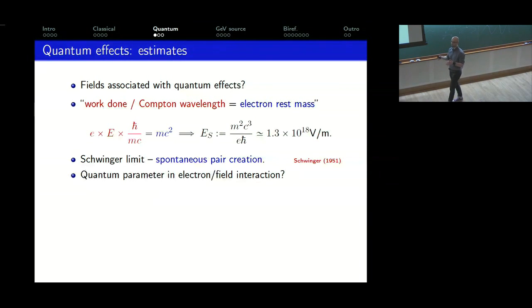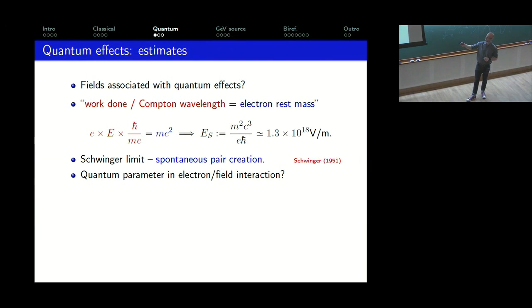And at such a field strength, the laser becomes powerful enough, if you like, to pull virtual pairs out of the vacuum and put them on shell, and make them real. So it's at this field strength that you get spontaneous creation of electron and positron pairs. Okay? This is kind of the cutoff for laser physics. Because if you focus your laser and achieve fields beyond this strength, the photons in your laser will just turn into electrons and positrons.